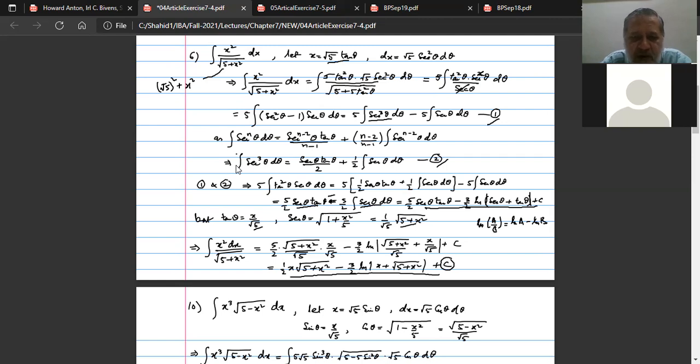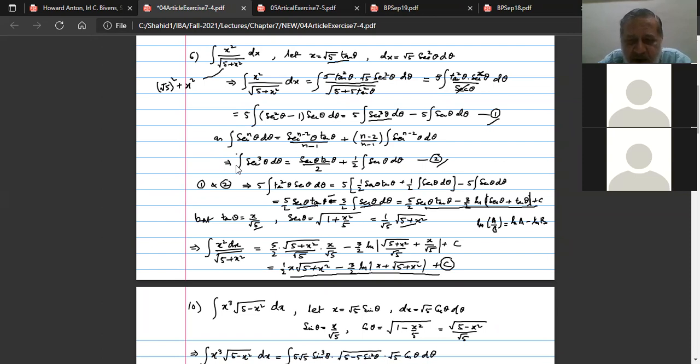while for just secant theta, the secant theta is directly integrable and it integrates into ln secant plus tangent. So overall, one result is this, and this result which is ln secant theta plus tangent theta. Outside constants 5/2, 5/2. I've finished writing down this integral here. Not written, sorry.